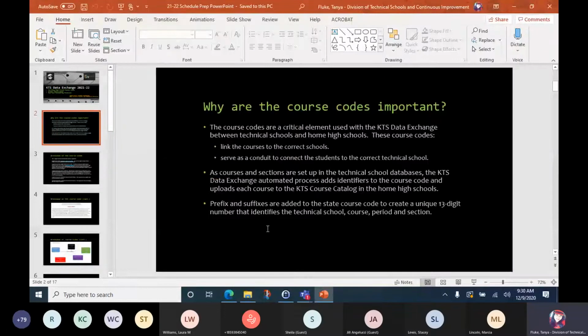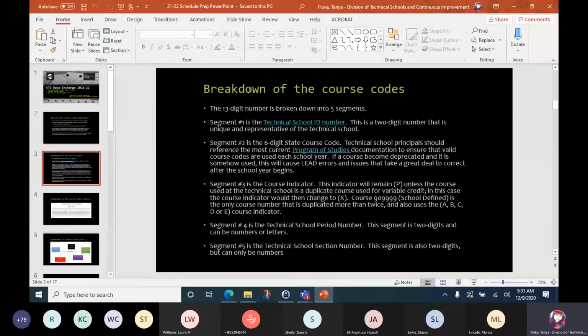All right, the course codes that are created through the KTS data exchange on the high school side are made up of a prefix and some suffixes that are added to the state course code to create a unique 13-digit number that identifies the technical school course period and section. Okay, and so basically that course code is broken down into 5 separate segments. The first segment of that course code is the